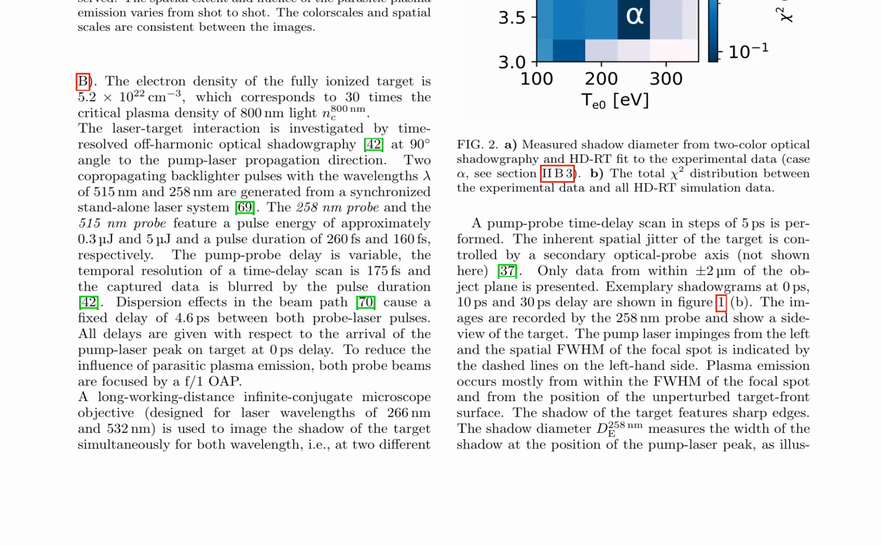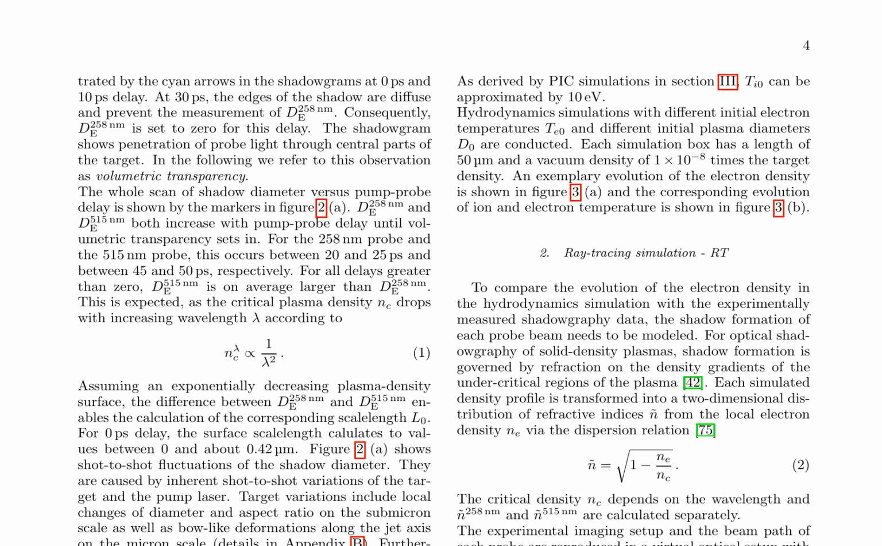A hydrodynamic simulation is used to model the density evolution of the hydrogen plasma, driven by a 2-temperature adiabatic expansion. The simulation tool FLASH is used to perform 2-temperature hydrodynamics simulations in 2-dimensional radial symmetry with the hydrogen equation of state FPEOS. The initial electron temperature T0 and initial plasma diameter D0 are free parameters, with T0 approximated by 10 electron volts. A ray tracing simulation is used to model the shadow formation of each probe beam, transforming